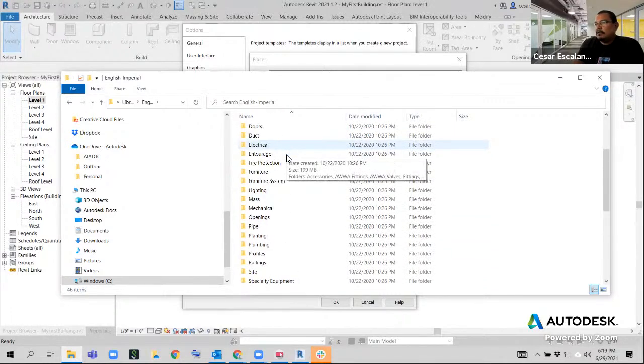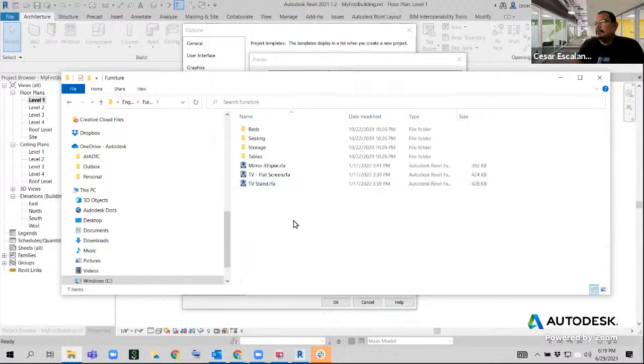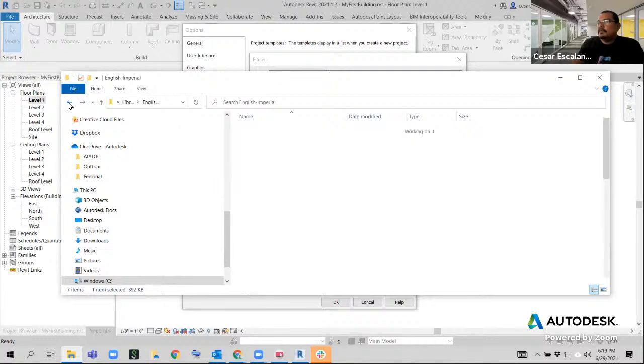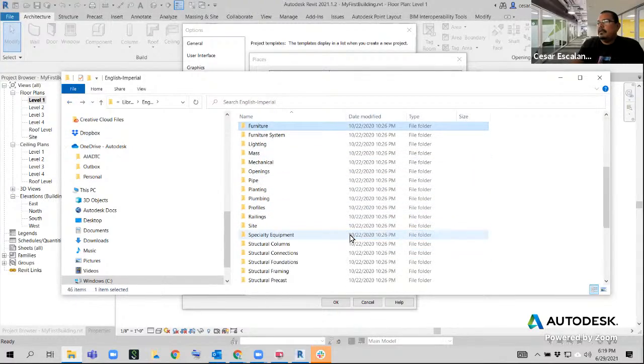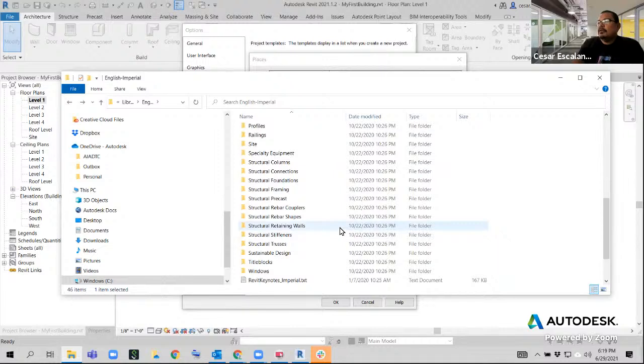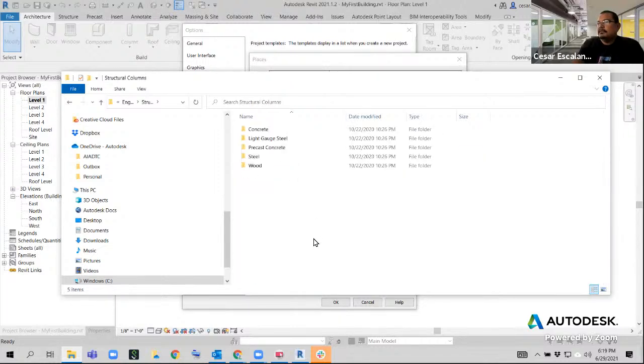Let's look at furniture, for example, and notice how there's a TV stand, there's a flat TV screen, and there are tables, storage, beds, etc. It's not enough, but it's a good start. There is also, if you open the structural columns, and then you go to steel,